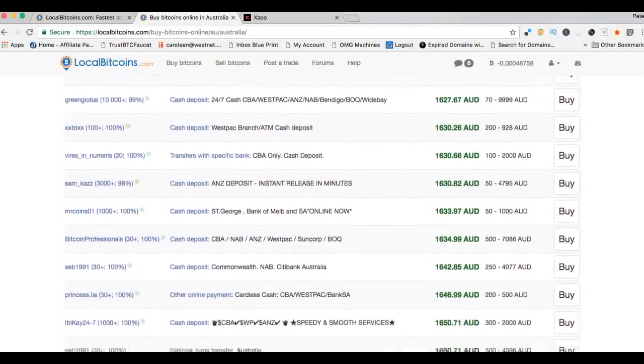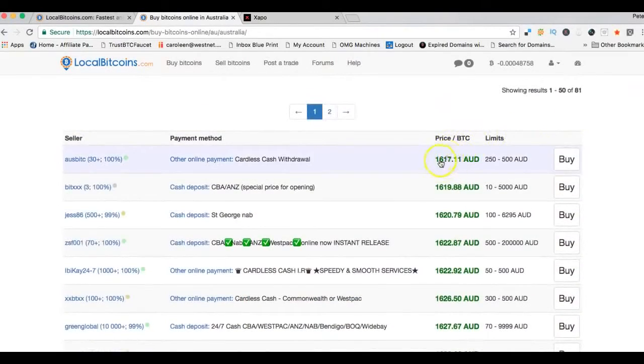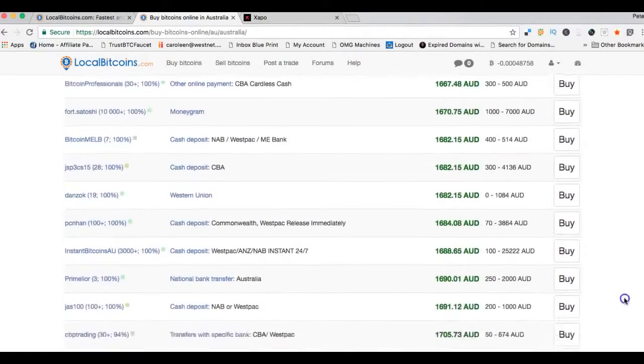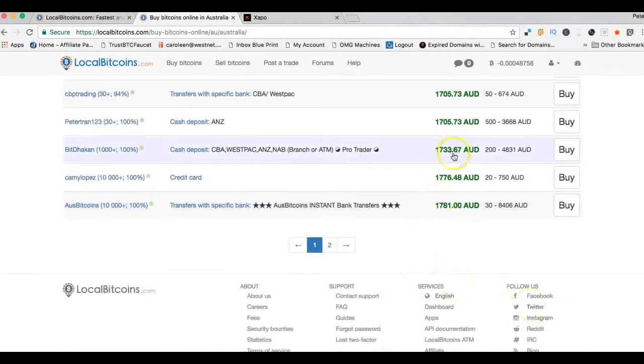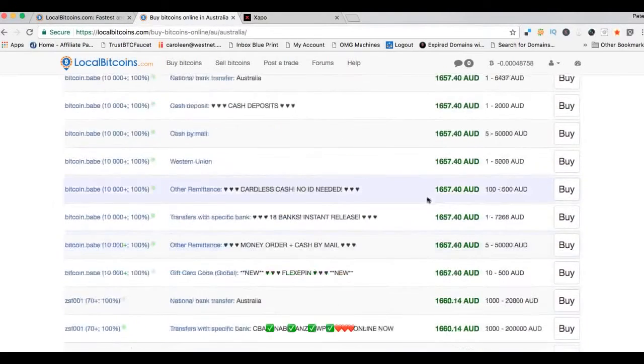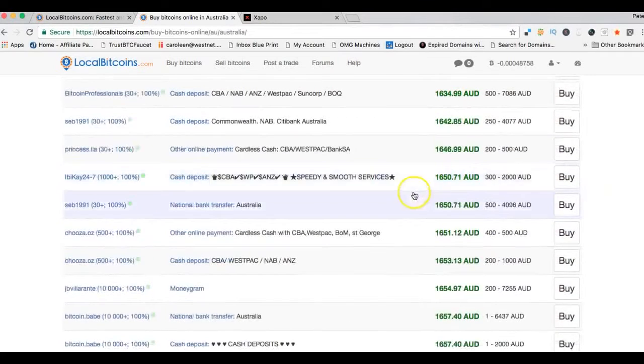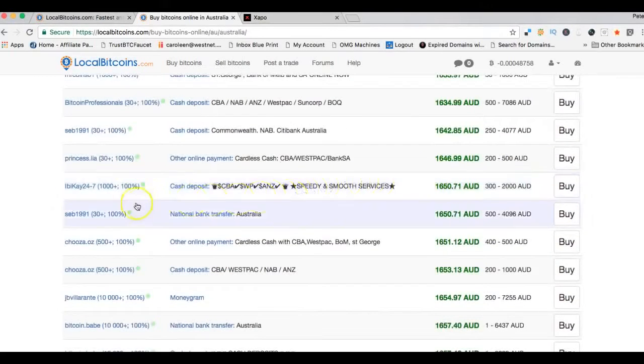Okay, and here we go, and this is what I mean. The sellers are listed by price. This seller's 16.17 Australian dollars for a Bitcoin, and as you scroll down, the prices go up. Anyway, they're all fairly close together, and I usually don't worry about the price that much. I usually worry about